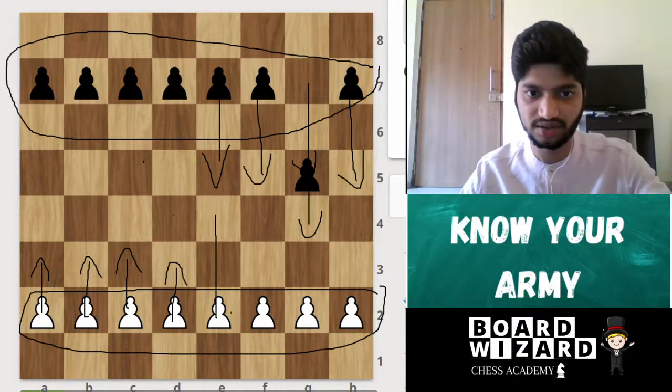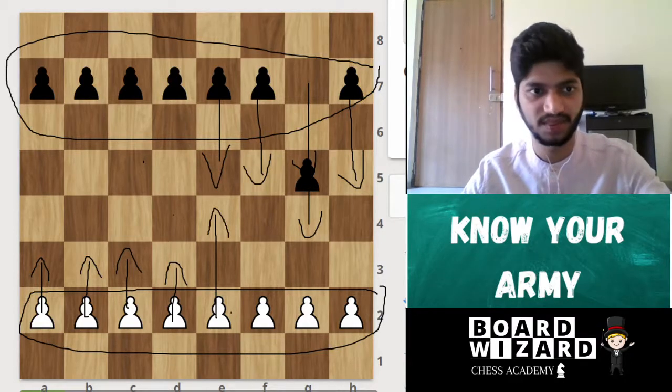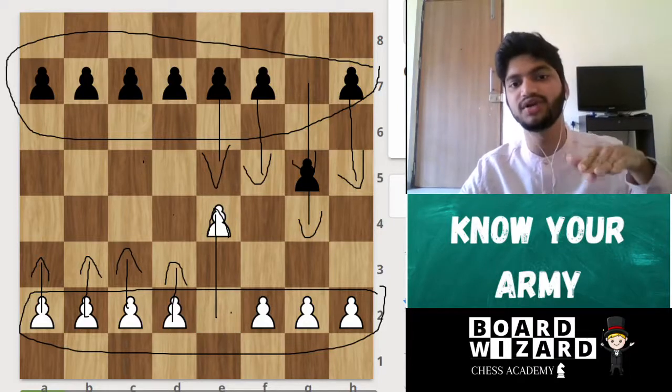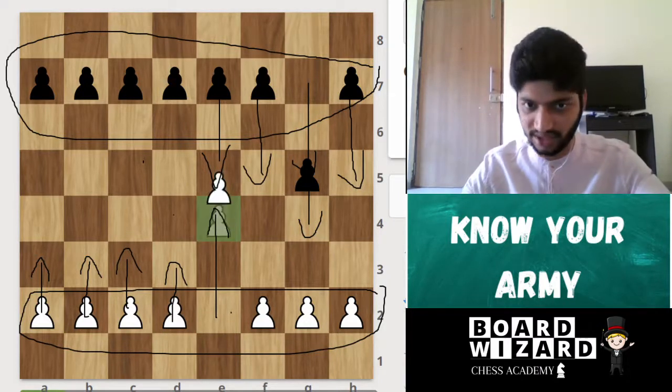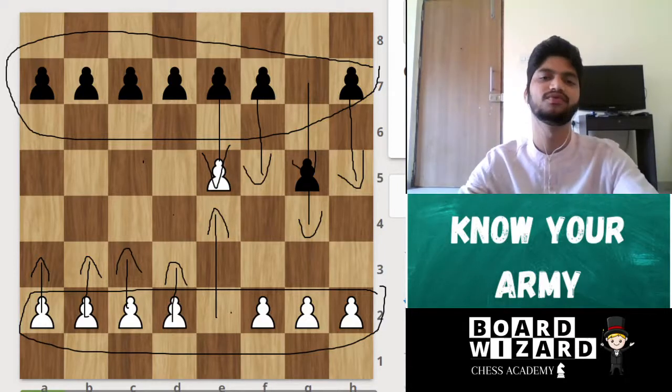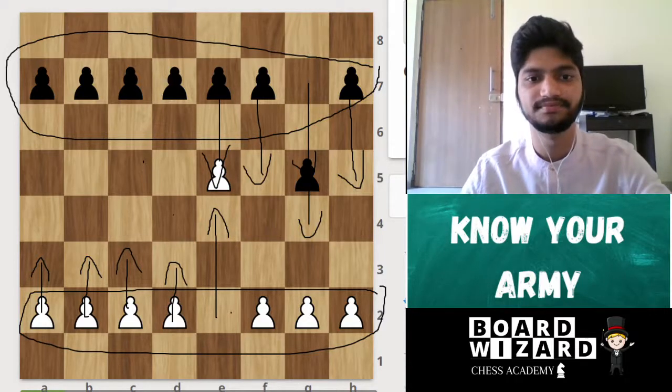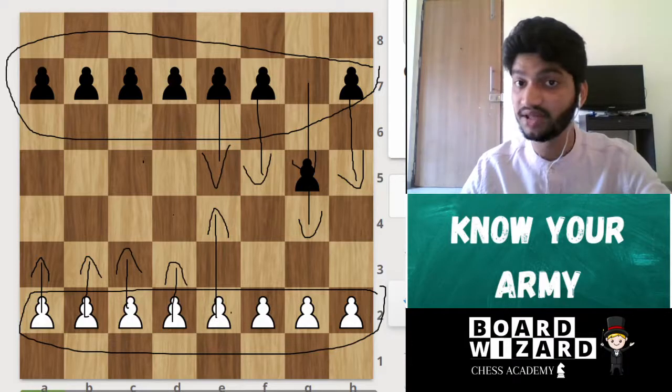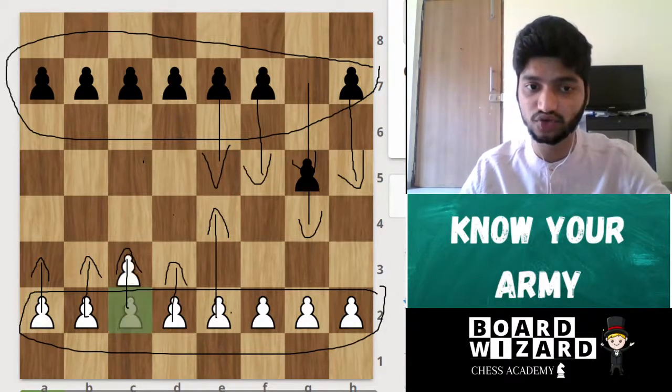Similarly for white, they can move 2 steps at the start, but once they leave their starting rank, they can only move 1 step forward at a time. Okay, when they are on their starting rank, they can also move one step, so don't be confused.